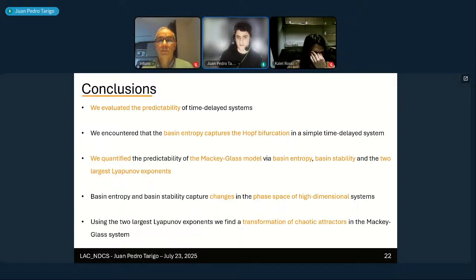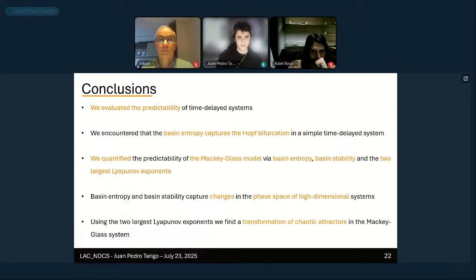We also found that Bayesian entropy helps identify other types of transformations in the phase space, such as a crisis in the Mackey-Glass system. And we've seen that using Bayesian entropy and Bayesian stability, we can capture changes in the phase space of very high dimensional systems where you cannot visualize these spaces